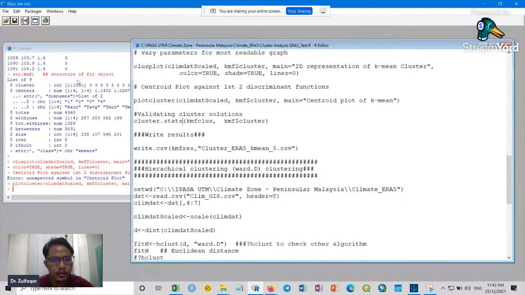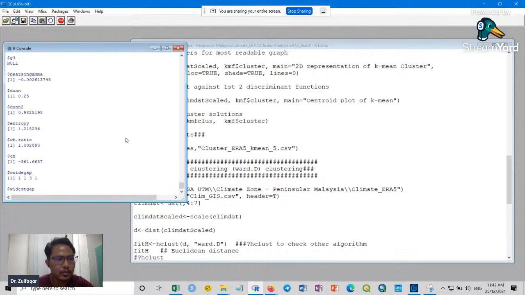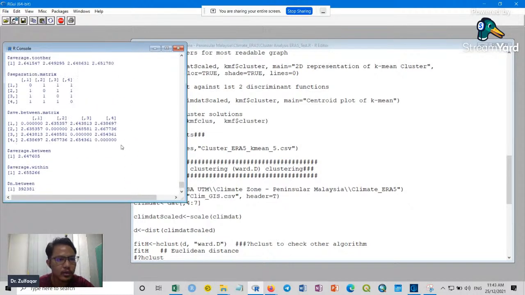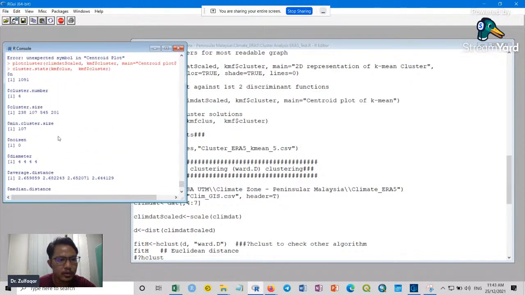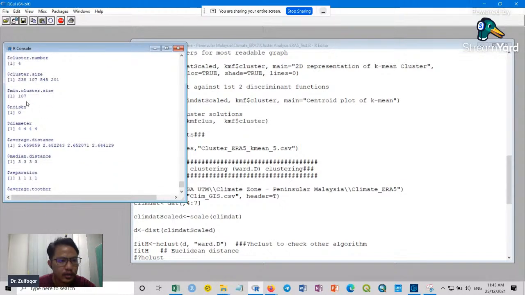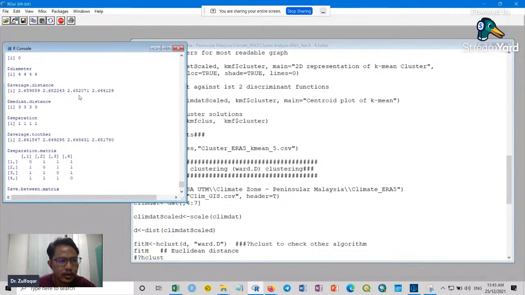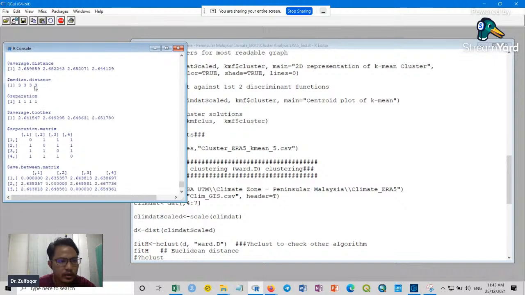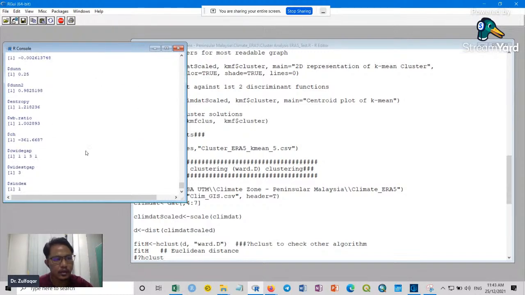After that, this is the statistic also. Cluster stats. When you write the paper, you need all this information to tell how much distance of each cluster, something like that. If you want to check that one, cluster size, number of cluster, number of grid point, minimum size of the cluster, and then you see the average distance of the cluster. It's all given here. Median distance, all the statistic here, you can use it to understand the cluster that you ran just now